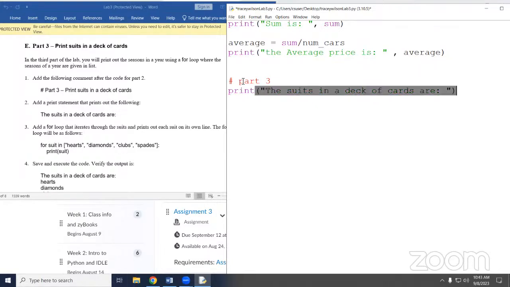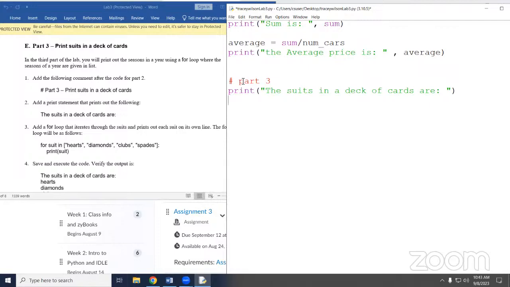I added a print statement that says the suits in the deck of cards are. And then under that, I want to print out all 4 suits in the deck of cards, right? So would I really set up a loop to do this if all I was doing was printing out 4 items? Probably not in reality, but we want to show you how a list and a for loop works. So we're going to use a for loop to do this.